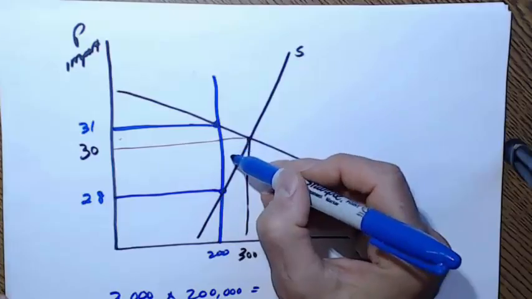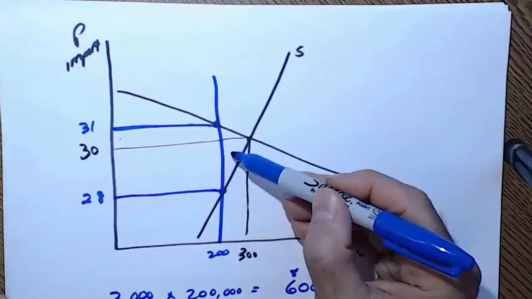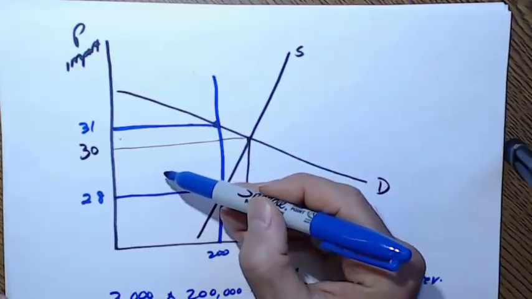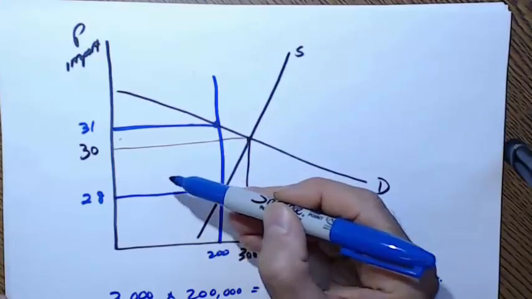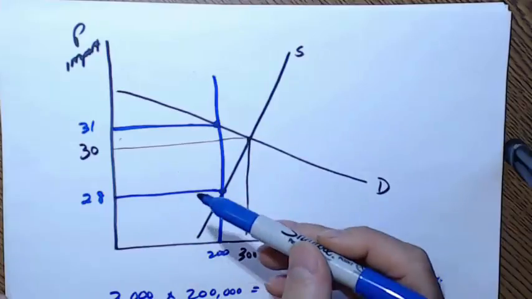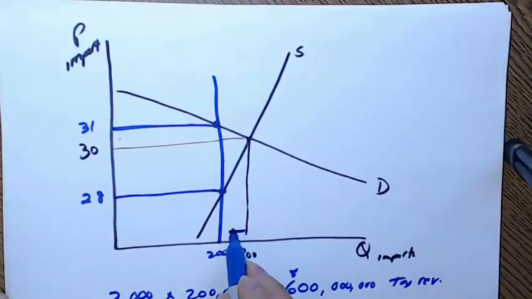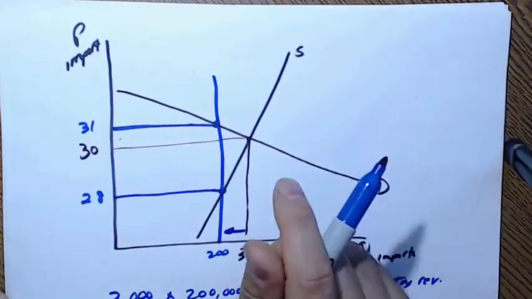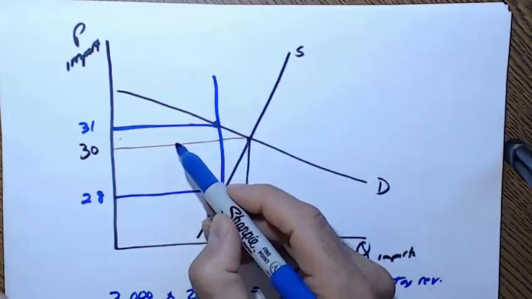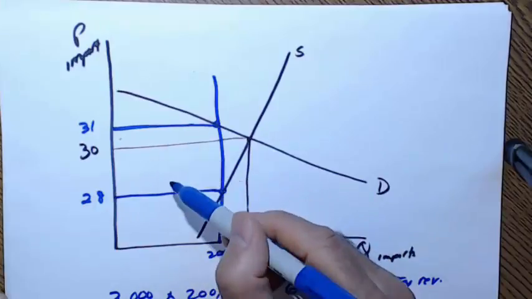As we look here, most of the deadweight loss comes from the foreign producers. Most of the loss to society comes from the foreign producers, which is exactly what the tax was intended to do. It was intended to restrict imports. It did, right? It reduced them by 100,000 units, but it raised price. So it took a bite out of consumers who want to buy imported trucks, but it took a bigger bite